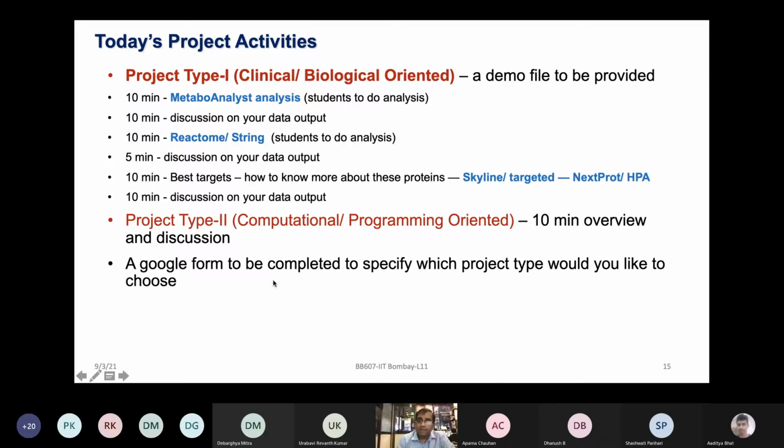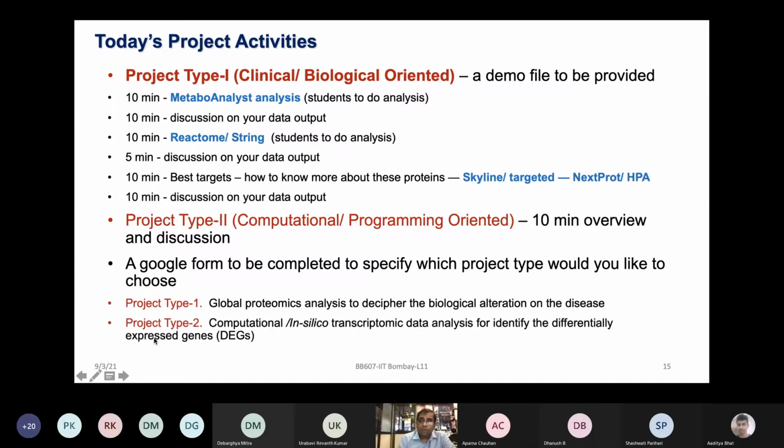At the end of this exercise today, before we close the class, we are going to give you a very short Google form, which will give you only two options. Are you interested in project type 1 or project type 2? We have very heterogeneous students in this class, and we want to know how many people would like to take a biology type of project, looking at the clinical aspect of the disease from the data, and